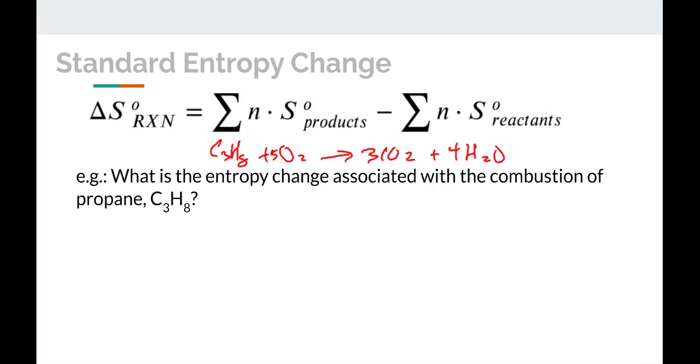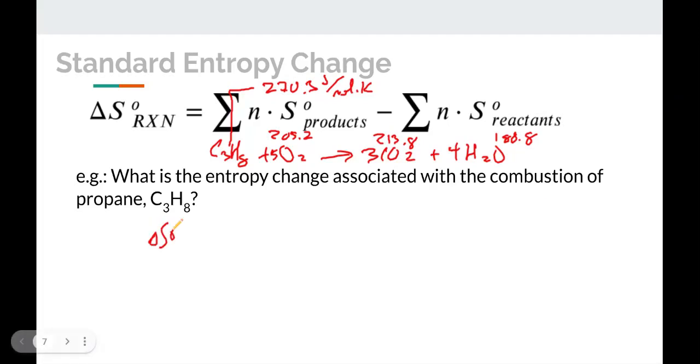If you look up in a table the standard entropies of these substances, you will find out that for C3H8, that value would be 270.3, and the unit here is joules per mole Kelvin. That's going to be the same unit for all of these. Oxygen is going to be 205.2. Carbon dioxide is 213.8 joules per mole Kelvin, and water is 188.8. So the entropy change for this reaction is going to be 3 moles